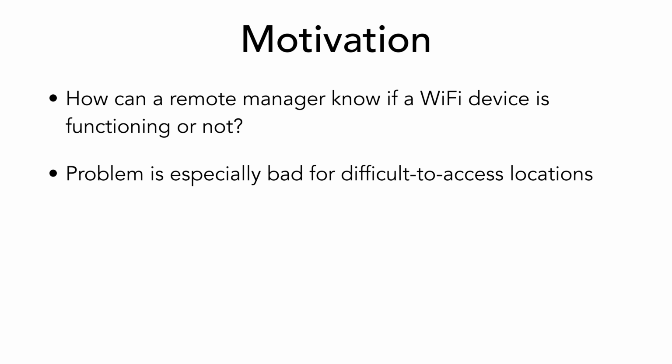And this becomes especially bad for what I call a difficult to access location. Someone's home is definitely a difficult to access location, because you can't just go over anytime you want. You're bugging the participant every time you interact with them. We've had people drop out of a study like this because we're asking too much of them. And even if they are willing, it can take a week or two just to coordinate their schedule with the deployer's schedule and go out and fix it. So this is not something that can be done very quickly, and it has a cost every time you interact with the participant. So we want to minimize this as much as possible.